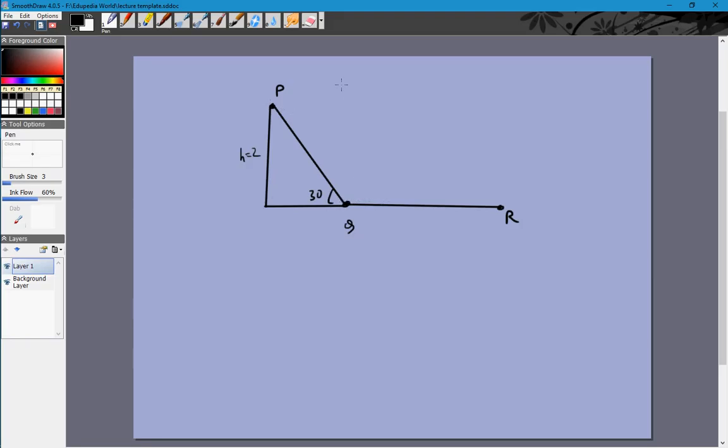So at this point the energy will be mgh, which I can write as G will be 10, so it will be 20 m. So at this point potential energy is 20. At this point potential energy is 0 and we've lost half the energy. So kinetic energy at this point will be 10 m, and at this point kinetic energy will be 0. So the work done by the friction between P to Q will be 20 m minus 10 m, which is 10 m. And that will be mu mg cos theta